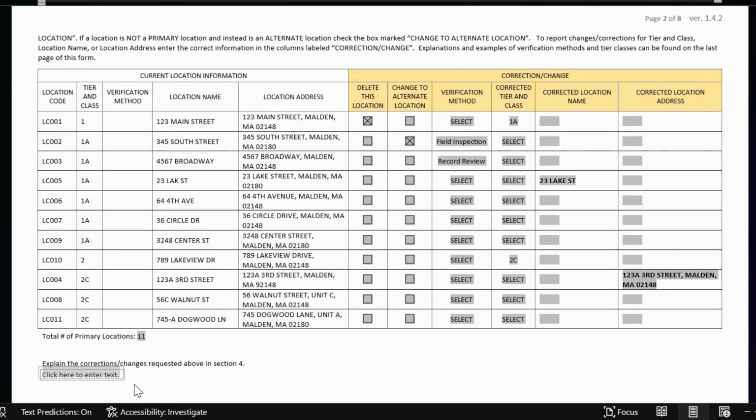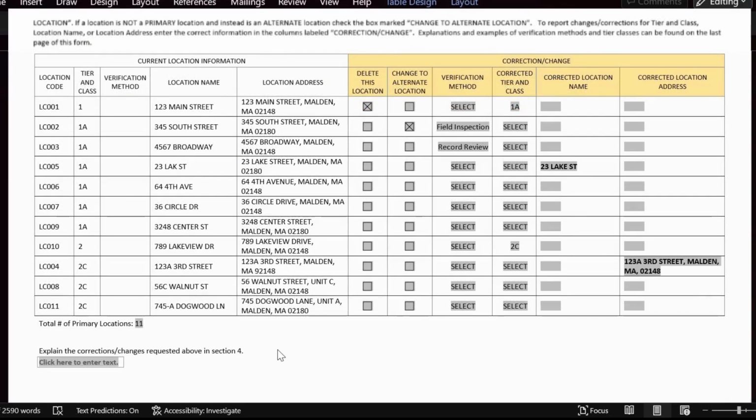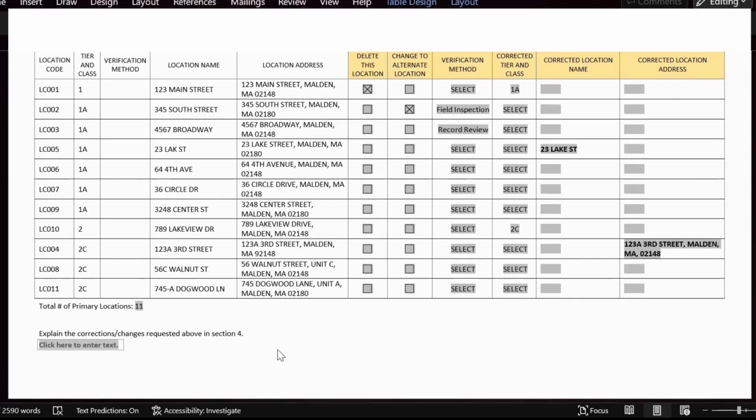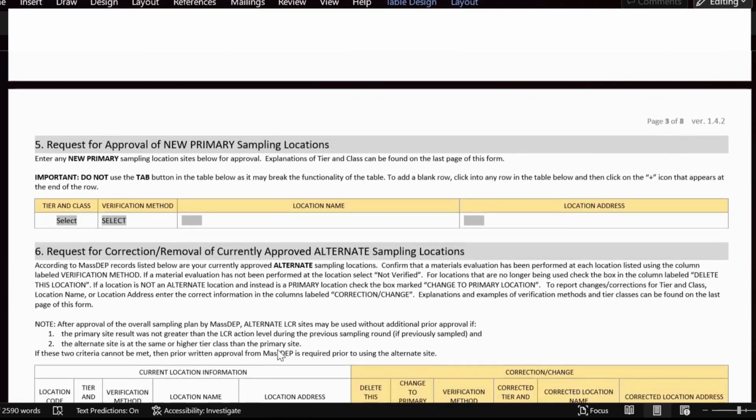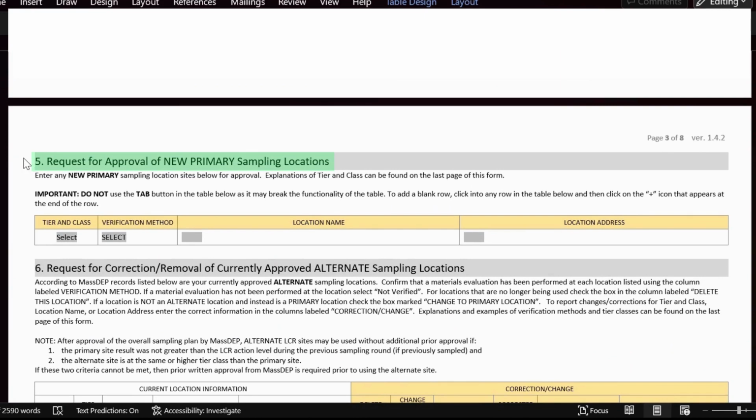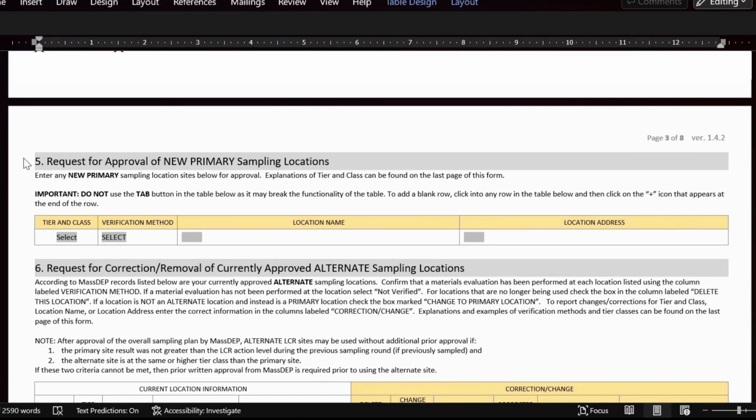At the bottom of this section, there is an area for your explanation. If you have made any corrections or changes to section 4 in the table above, type your explanation in this text box. Section 5. Section 5 is for you to enter in any new primary locations that need to be approved. Before adding in any new information, if you do need to add multiple new locations, what we can do